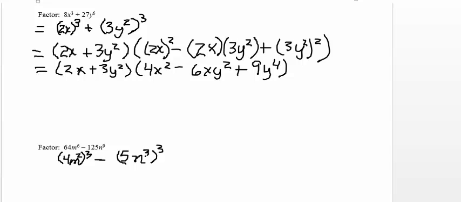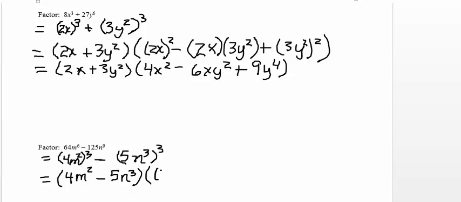And that tells me what power to put on n in my b. So I've now rewritten this as a cubed minus b cubed. My formula says that this is a minus b. So remember, the binomial factor always has the operation sign of the original problem. So there's a minus b